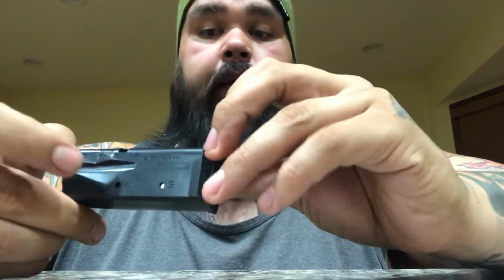Now I did see that they have 12 round magazines out. I was able to mess with a demo one. It wasn't a live magazine, and the shop that I buy a majority of my stuff at doesn't have them in stock, and I think they were selling for like 55 bucks, and he was like, yeah, those are on back order. We're probably not going to get any of those for a while. So anyway,